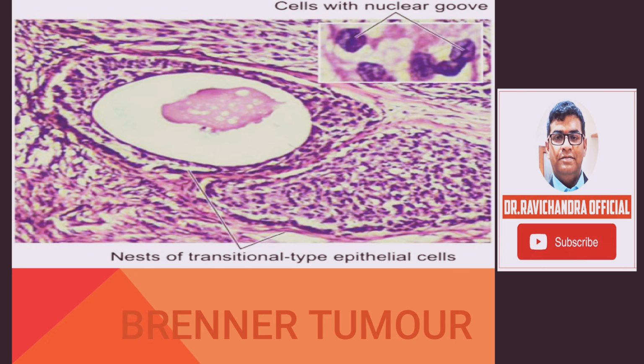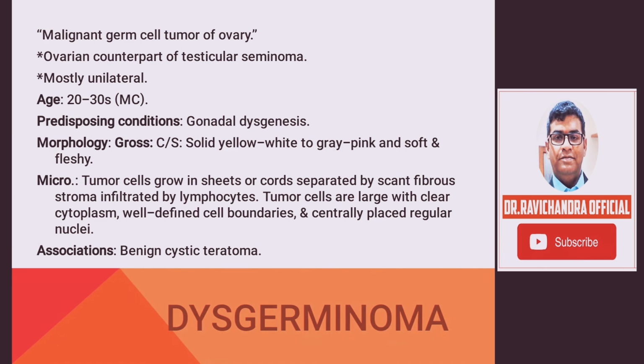epithelial cells. Dysgerminoma. This is a malignant germ cell tumor of ovary, and it is a counterpart of testicular seminoma. Mostly it is unilateral, and it is most commonly seen in the 20 to 30 years age group, and the predisposing condition includes gonadal dysgenesis. Morphologically, a dysgerminoma. On gross examination,